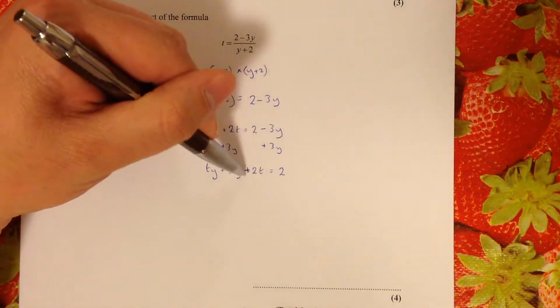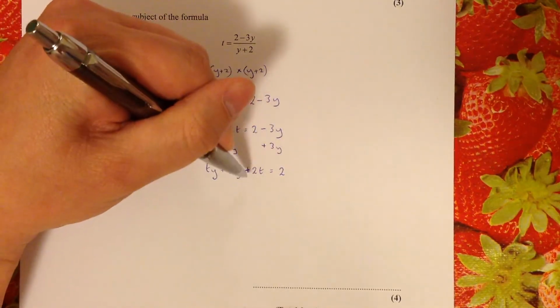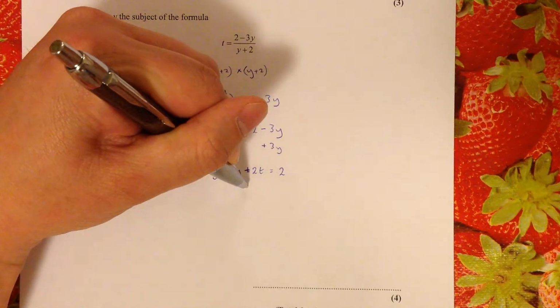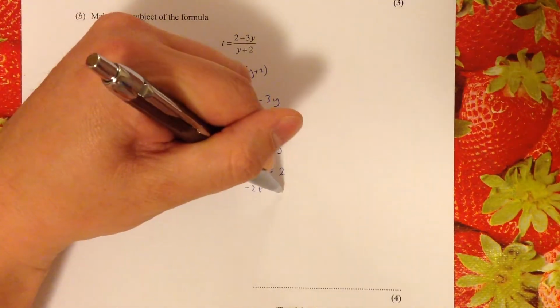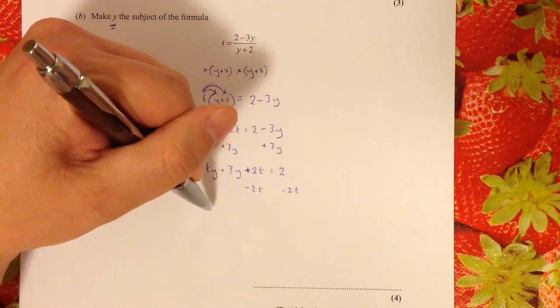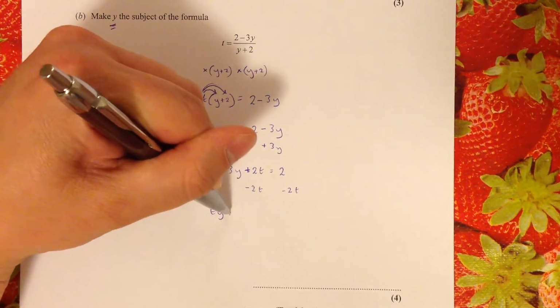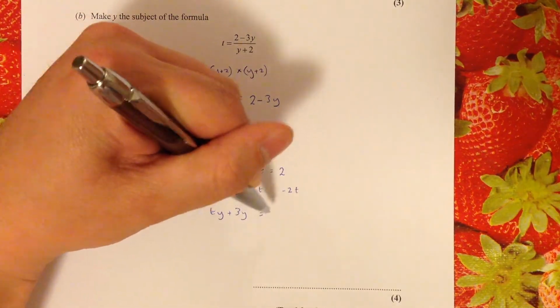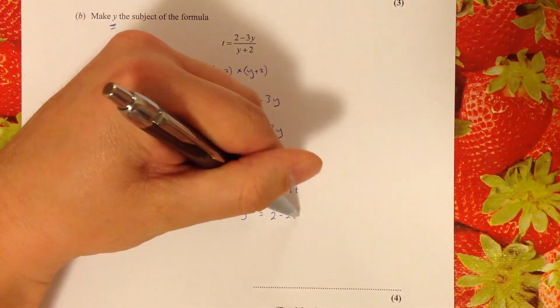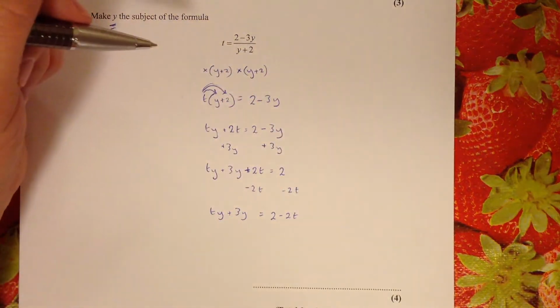So the good news is my y's are now on the same side of the equation, but I've got other stuff here that's got nothing to do with y, so I need to remove that. So to get rid of this plus 2t, I'm going to subtract 2t from both sides. So we end up with ty plus 3y is equal to 2 minus 2t,